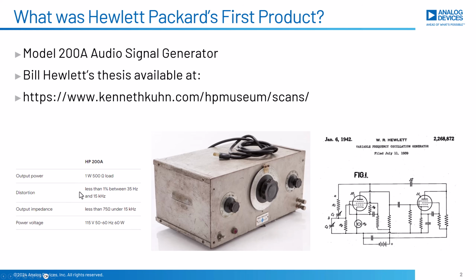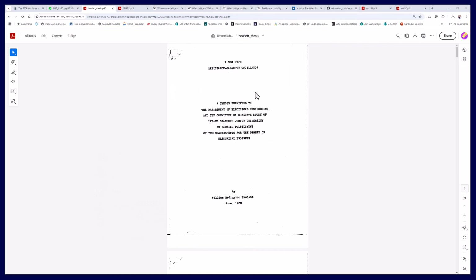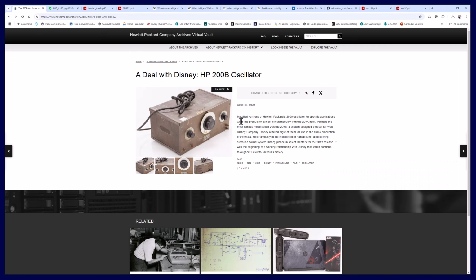It had a 1 watt output and distortion of better than 1% over most of the audio range, and was powered by just a standard line voltage. So what was this thing originally used for? In addition to things like testing telephone amplifiers and audio circuits, one of the first applications was in the production of Disney's Fantasia movie. Just a little snippet of history from